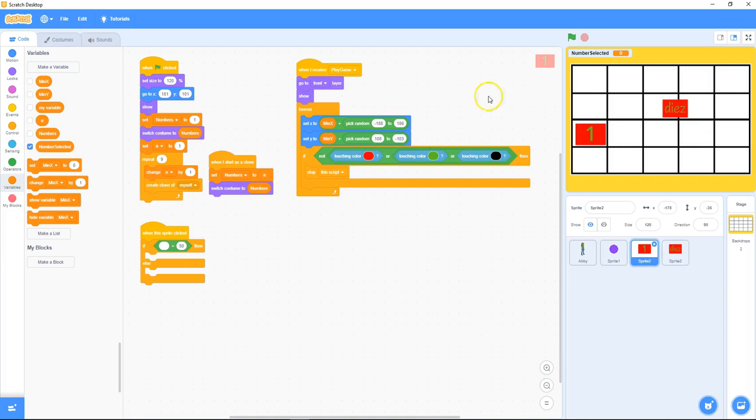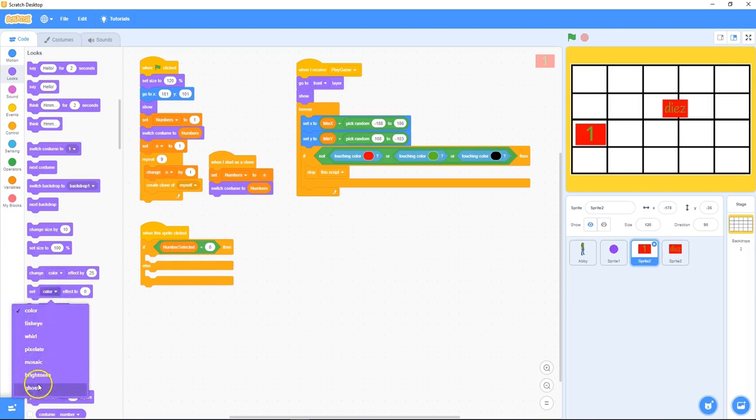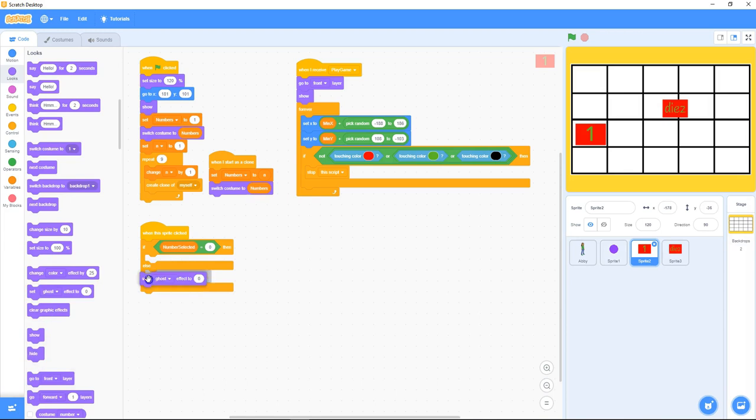And then just take the tick out because we don't want it appearing up in the stage. So if that number is selected for the sprite, and just for the equals we put a 0 because there's no value. Then we want to make it fade or ghost, and that's under looks. Then this one here where it says set, and there's a drop down. In the drop down you'll find that ghost is here. So set ghost effect to, and I've done 50%, but if you want it faded out more, just increase the